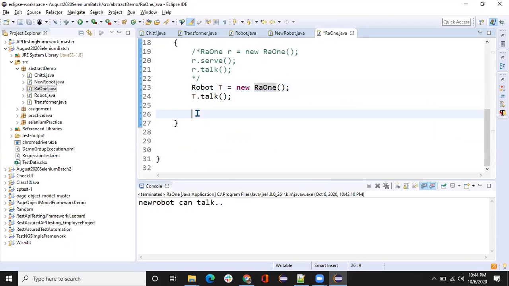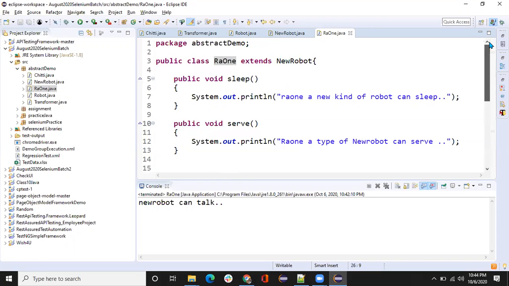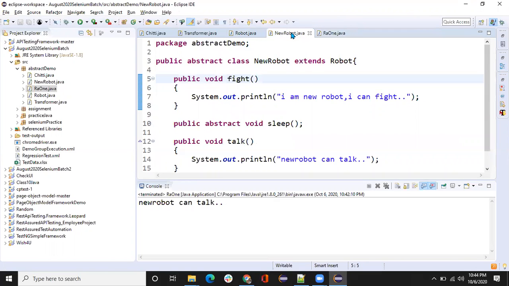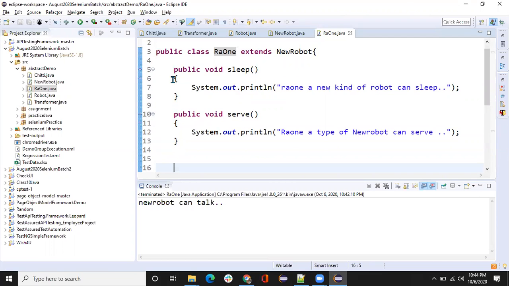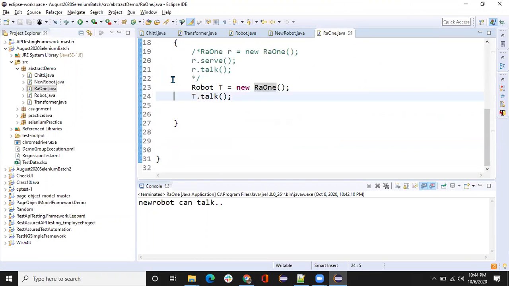It's like this. So one abstract class can extend another abstract class and can define it. So sleep is still not defined. So this Ra1 can, okay, sleep we have made. So you can call sleep. Sleep is fine. You can anytime have t dot,